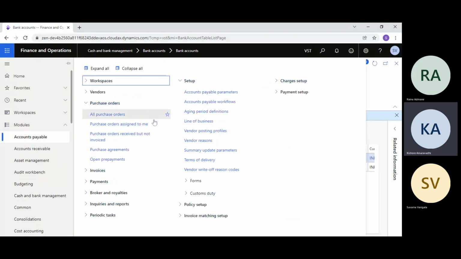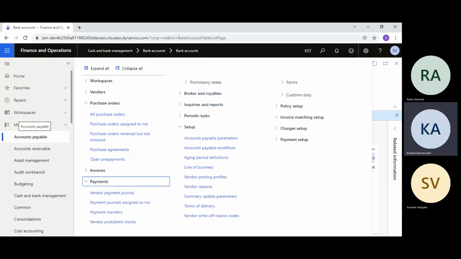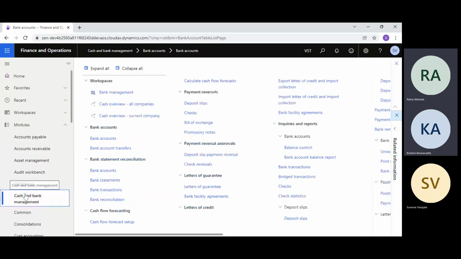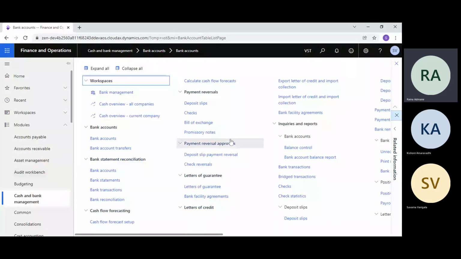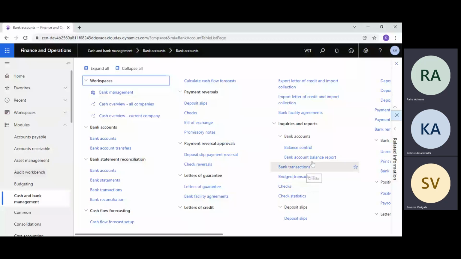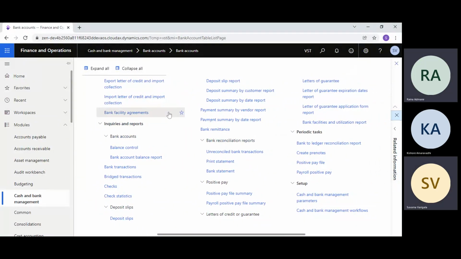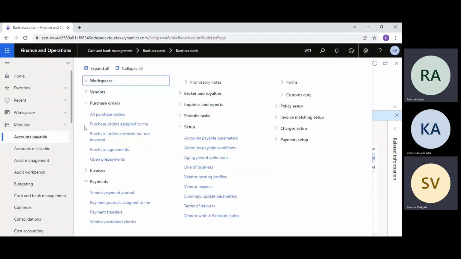Rahul, one question here. Can I see the check numbers, where it will be stored, or will it be random only? No. In that bank master, you will have the list of checks which is available, which is used, and what was the amount. Everything we will get there. Okay. So let's go to the accounts payable module.